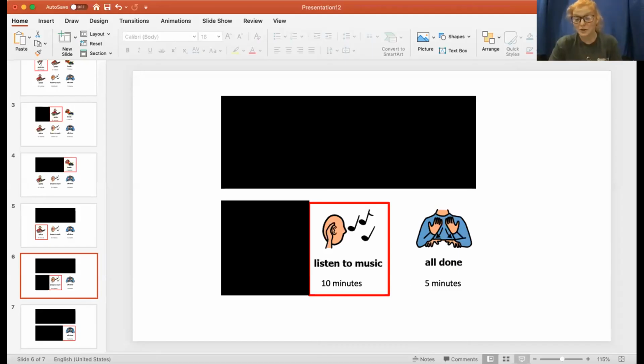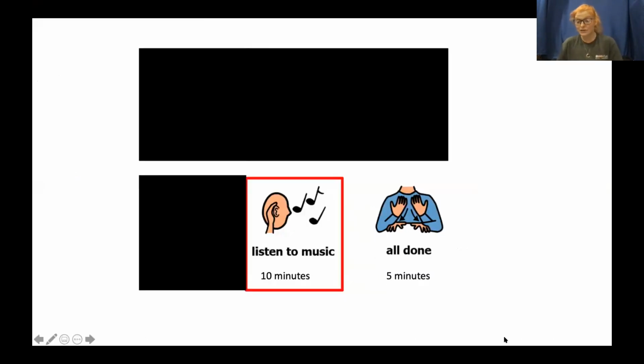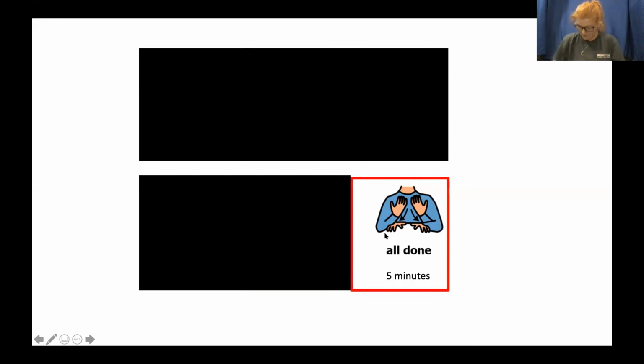Awesome. Then we are going to go ahead and take a look at our schedule, and we are ready to do our all done stretches. So we can get our symbol for all done, 2 fabric strips far apart, and get our rubber band, hopefully we all have some, for our stretches.